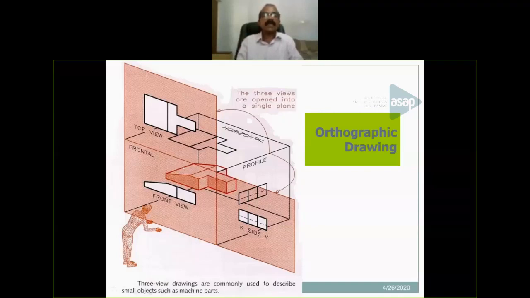Say this surface is visible, and here this surface is not visible. That's why one line came here. So this part is over. This surface is also visible. The other surfaces are not visible. So that's why the front view will be looking like this.